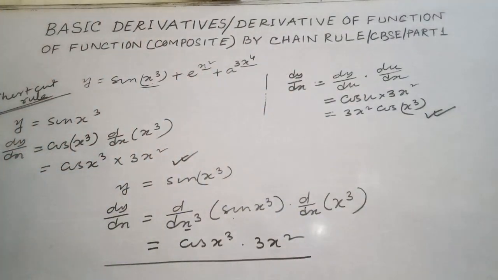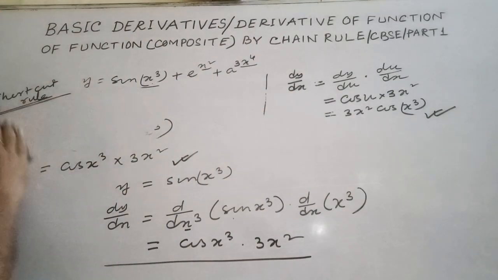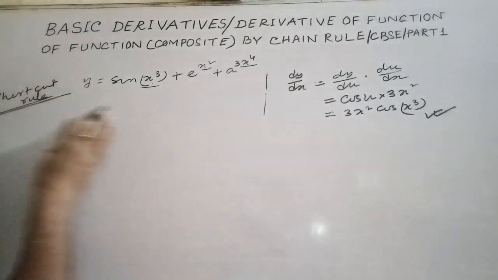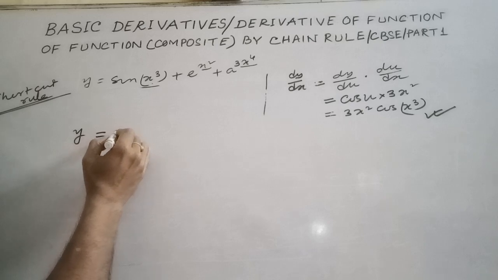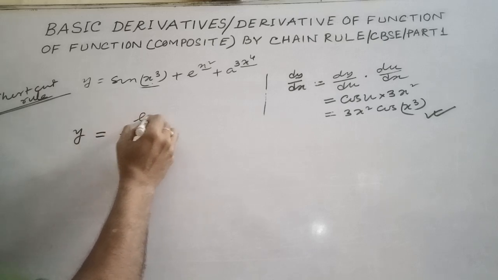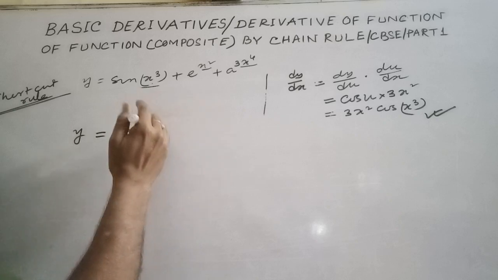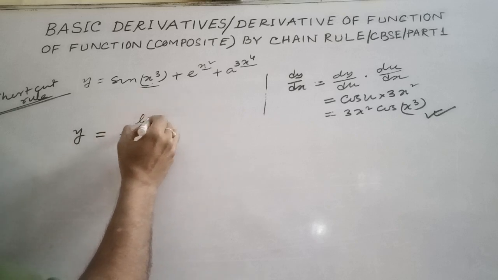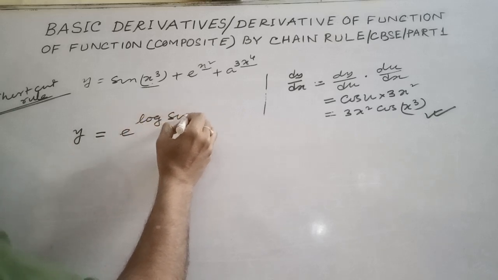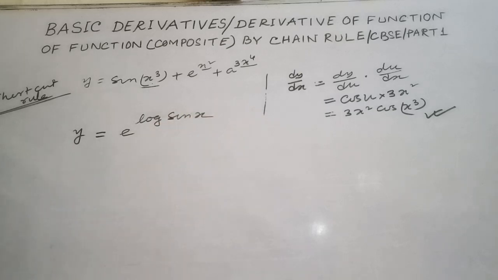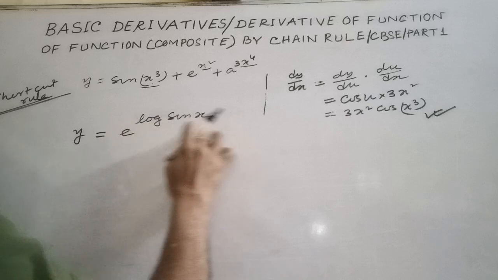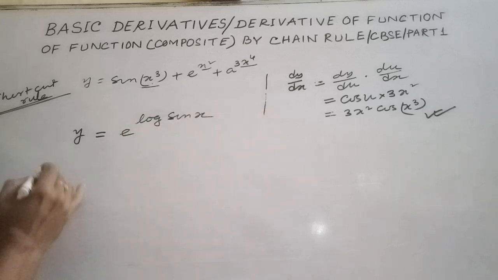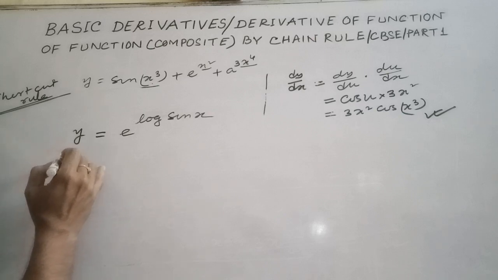So let us consider one more problem. Suppose y equals e to the power log sin x. So what is the argument? The argument is log sin x. So by the shortcut rule,